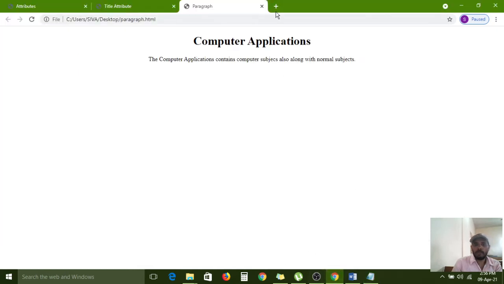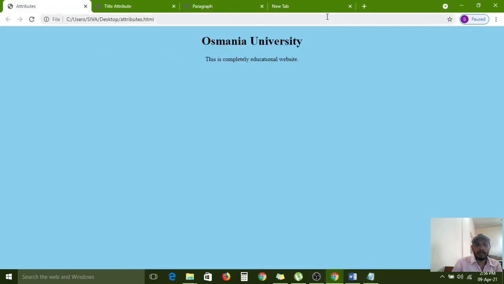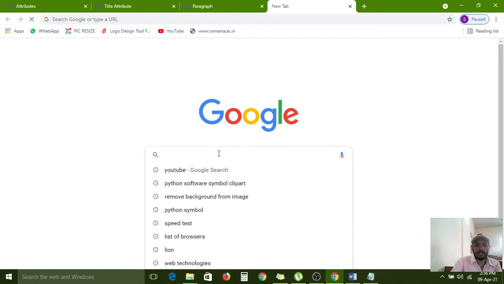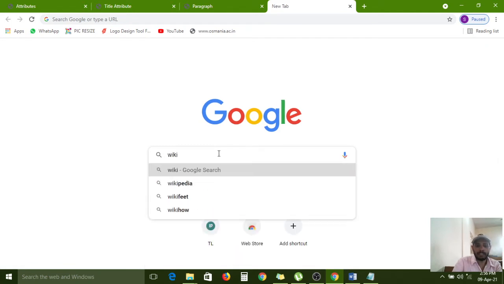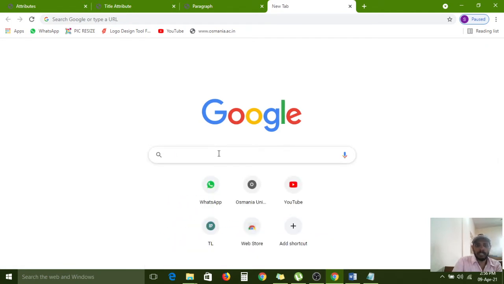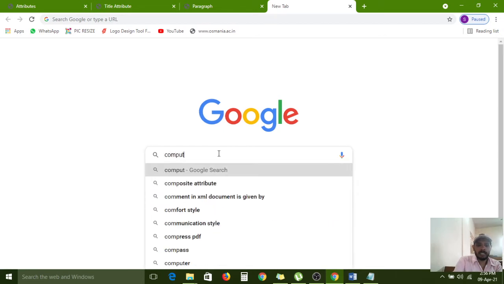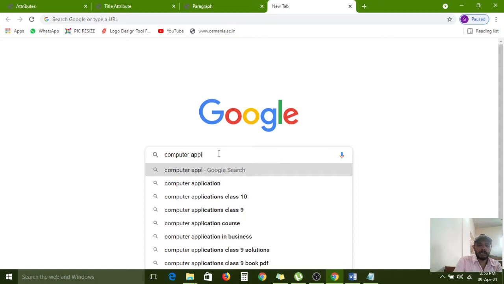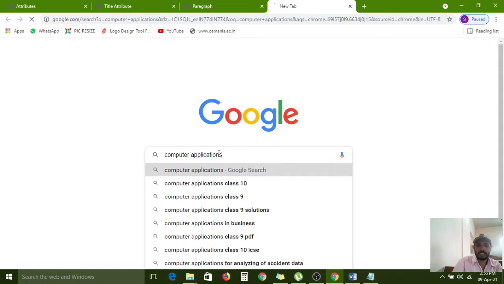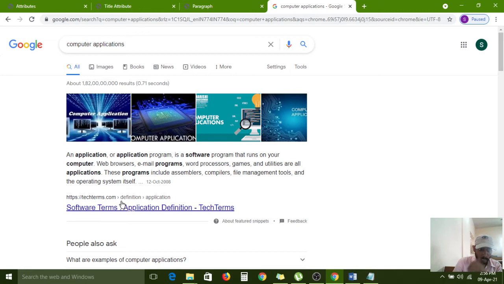For that I am searching for a good paragraph. Wikipedia, anything you want to search. Okay, computer applications, right?